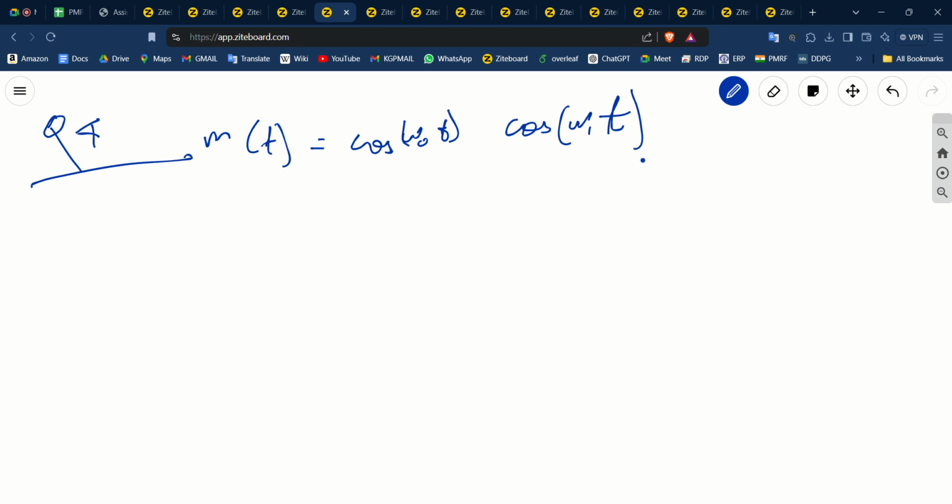Hilbert transformation here is m(t) convolved with 1 by pi t. But we don't need to solve this integration because for sinusoids